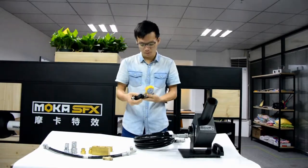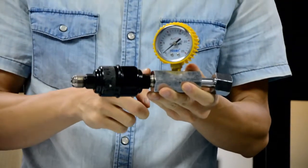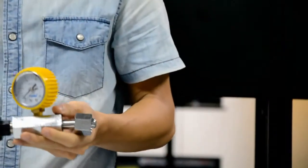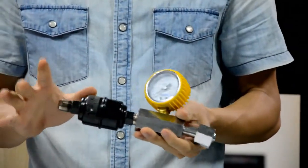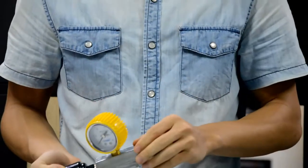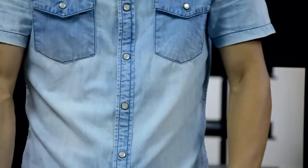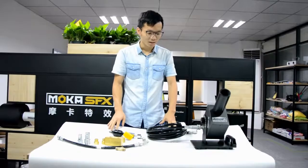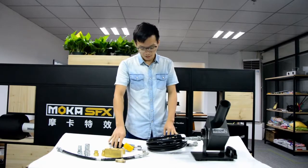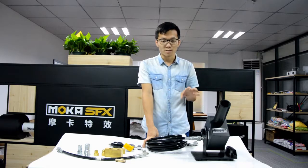Okay, and last I wanted to tell you about this small pack. This black one we call the filter. Maybe you didn't see this before, because in most circumstances, foreign clients don't use this. But we use it a lot in China, because the CO2 gas inside the tanks in China is very dirty. So when we sell our jets to nightclubs in China, maybe after a few months, the jets no longer spray. When they return the machines to our factory and we open them, we found the valve is very dirty,